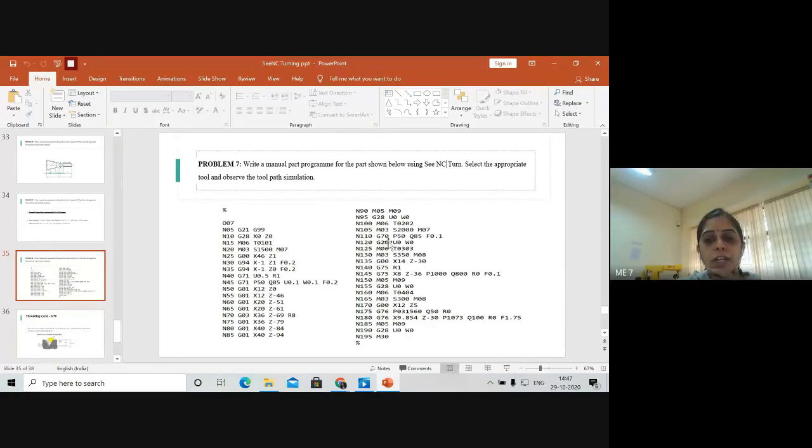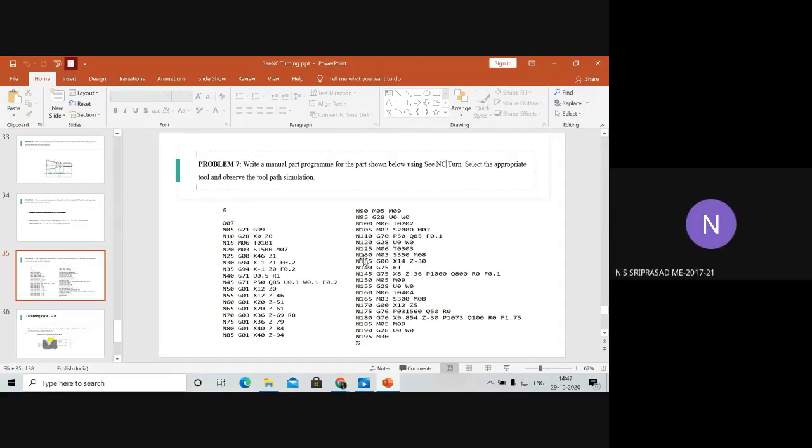Actually, to put the tool to the home position, you should stop the machine. The spindle speed has to be off, right? Yes, ma'am. After switching it off, you can make the tool go to its home position. Then you can make the tool change. So it has to be written, and here it is missed. What should be there, ma'am?